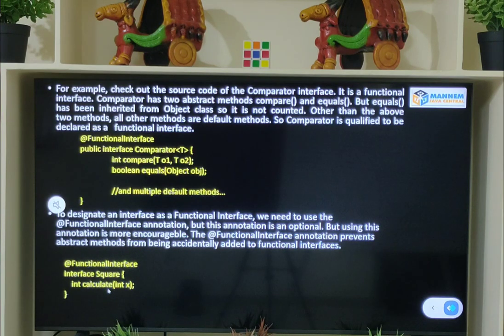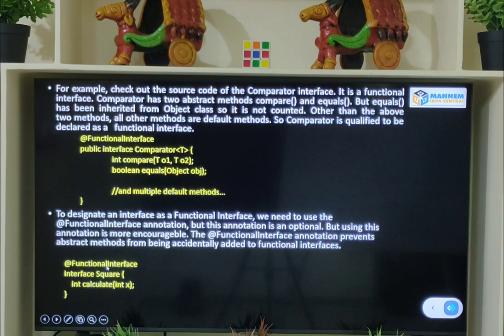Another main point is, to designate Square as a 100% accurate functional interface, we have to use @FunctionalInterface. This is an annotation used to designate Square as a functional interface. But writing this annotation is optional. In my point of view, using this annotation is more encouraged.